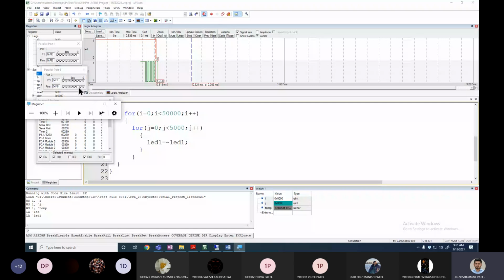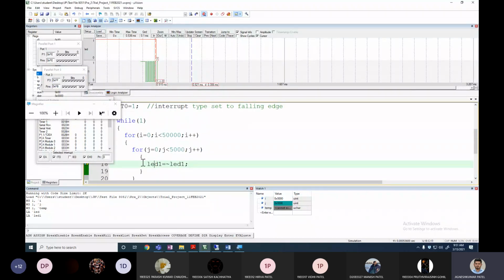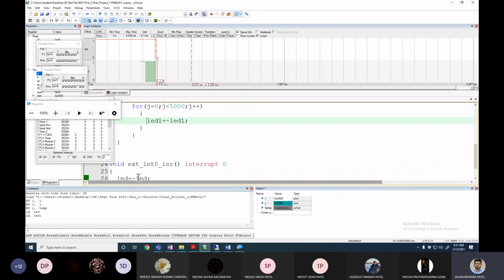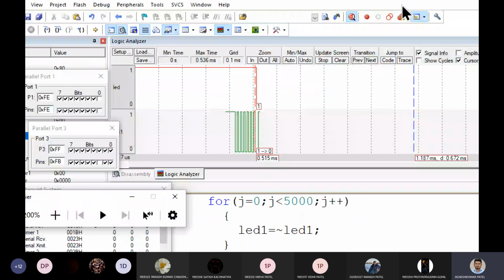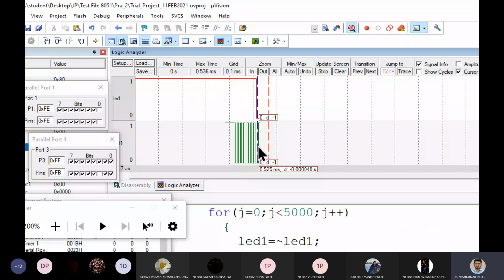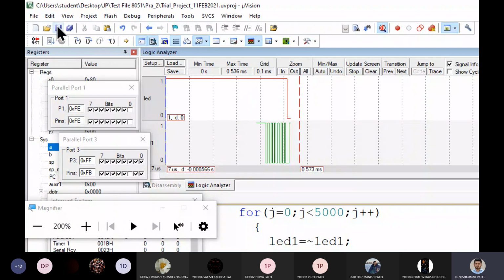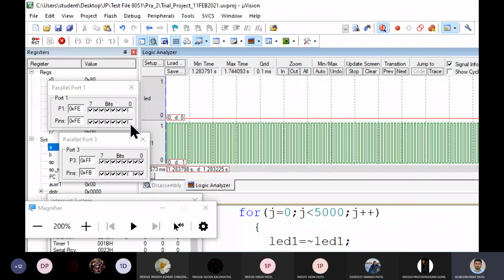As soon as I get this pin low, whatever it is executing inside while(1), it stops that task wherever it was, and it comes here and executes this code. This code execution requires some time, and after that it comes back and starts executing again. So whatever time was taken here was additional time. Earlier it was happening every 7 microseconds, but when an interrupt occurs the time is larger. I'm going to run this code continuously and you can see